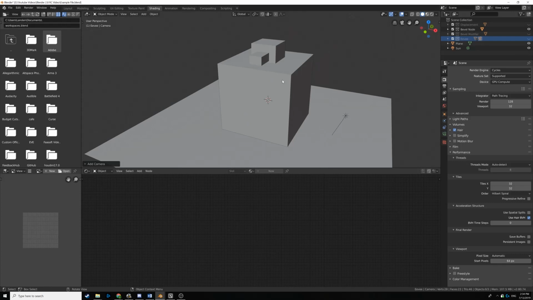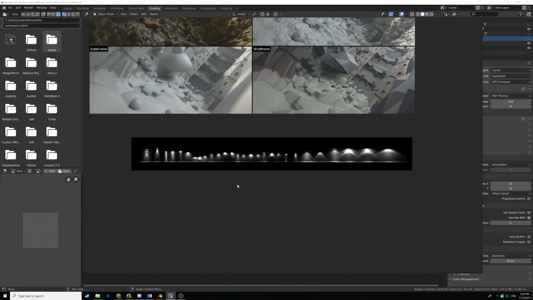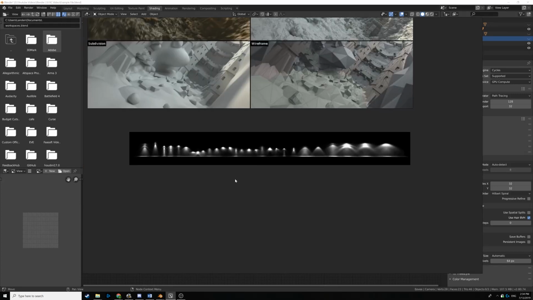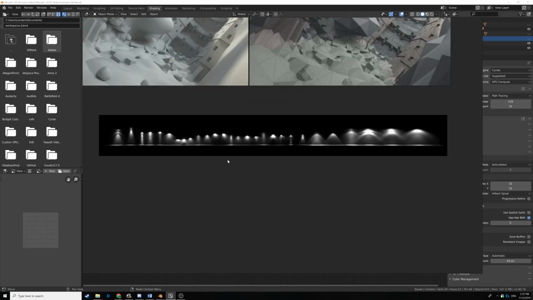We also have IES lights. Basically, IES lights are, you apply a special file to your point lights or your spotlights. I think it's specifically spotlights in some cases, if you want a certain look. But basically, it'll